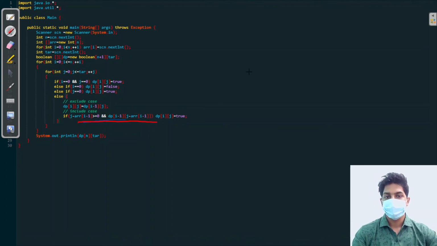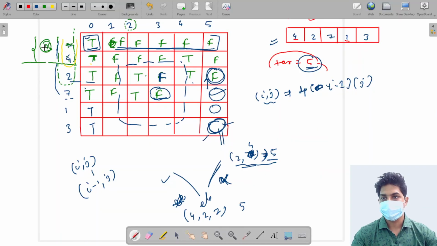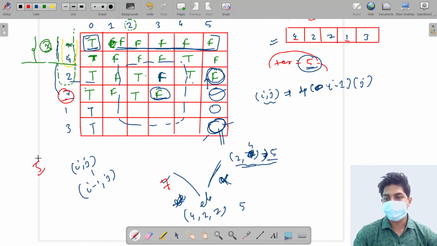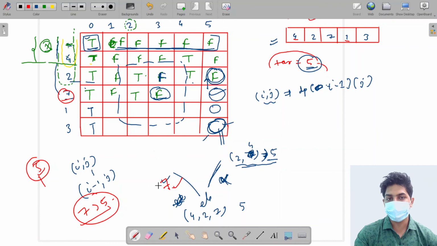Suppose I want to exclude 7. Our sum was 5, and I was checking: if I include 7, that 7 is greater than 5, so it exceeds my target amount, so I was not including 7.